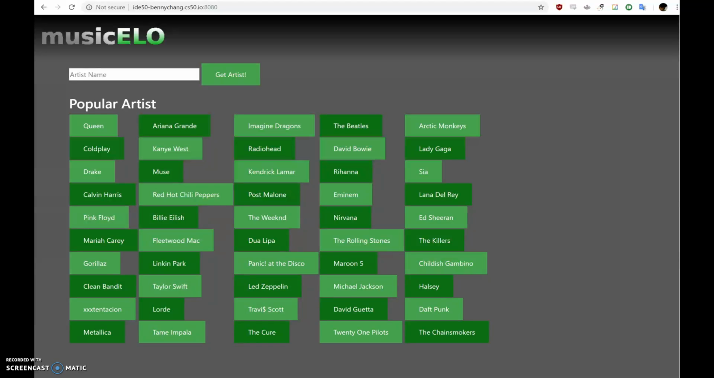I'm a freshman at Harvard College living in Stoughton Hall, and I intend on concentrating in computer science. And this is my website, musicELO. So this is a music ranking website which ranks songs of a certain artist using the ELO system and inputted